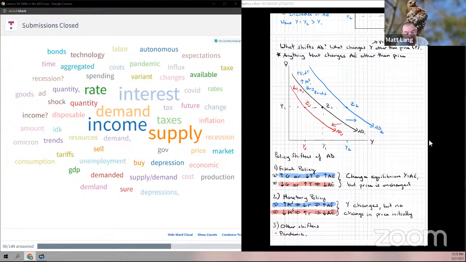Unemployment came up in the chat. Now, unemployment, I want you to think of unemployment as a consequence, right? Something like the pandemic shifted AD to the left. We have this reduction in output Y. If this is Y bar, this distance right here, if that's your new equilibrium, that's going to be your cyclical unemployment right there, right? That distance. So you can think of unemployment as an outcome, a consequence of this